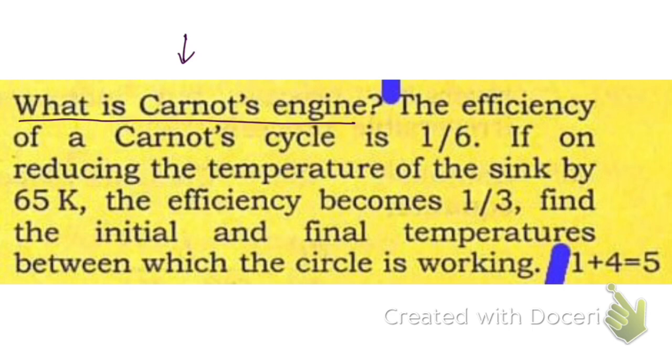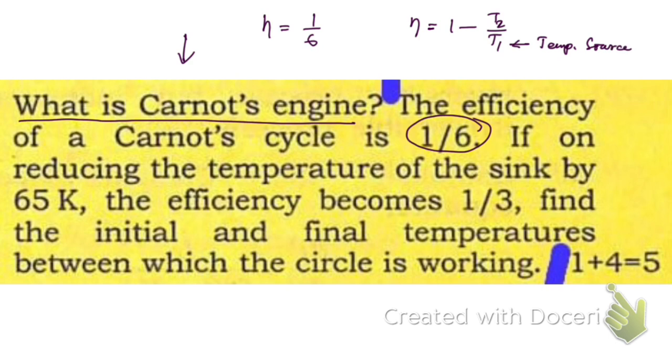So here you see the efficiency of Carnot cycle is given 1 by 6. Okay, the efficiency is given, this is 1 by 6. And efficiency of a Carnot cycle is given by 1 minus T2 by T1. And here T1 is the temperature of the source and T2 is the temperature of the sink, right? Now when the temperature of the sink is reduced,